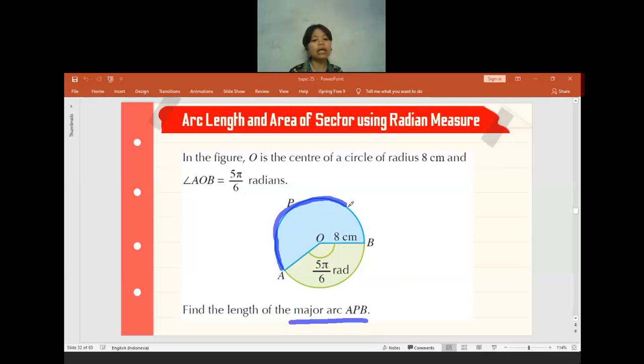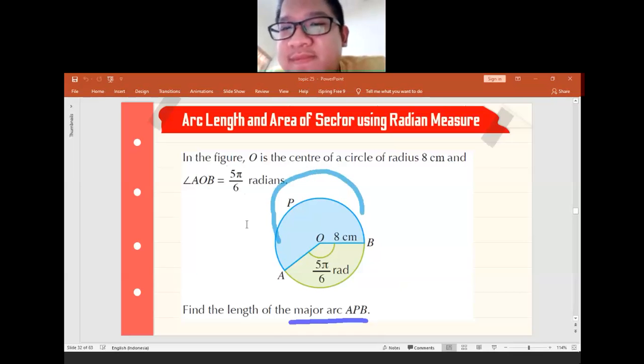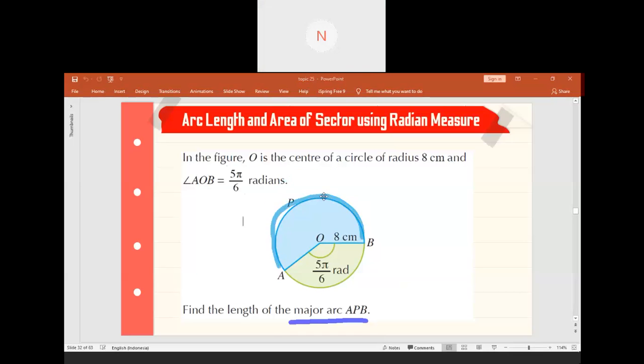In a full circle, how many radian will it be? Teacher, are you drawing something? Is my screen not visible? I cannot see it. I just made an underline on the arc length. Still not visible? No. Let me try to rejoin. Okay then. In a full circle, how many radian will it be?